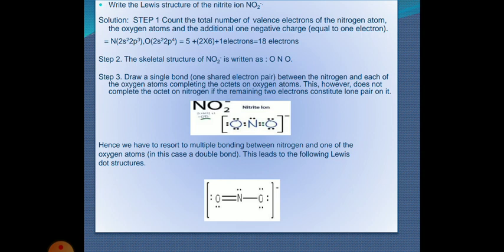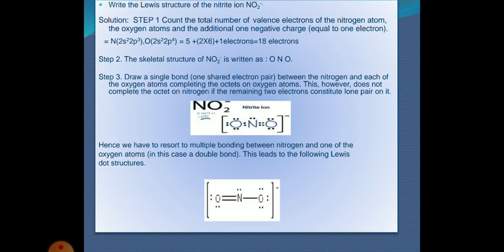So here is the Lewis dot structure, in which between nitrogen and oxygen on the left hand side a single bond is present, and between nitrogen and oxygen on the right hand side a double bond is present because 4 electrons are engaged in it. And if we consider the octet of oxygen, we can show it with the help of a simple circle. Here is the structure which gives us the detailed Lewis dot structure.